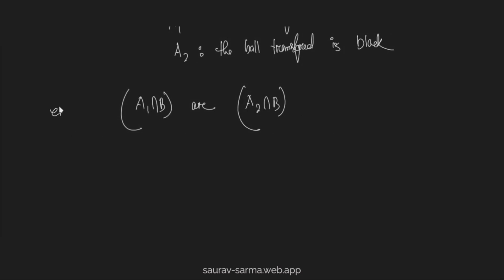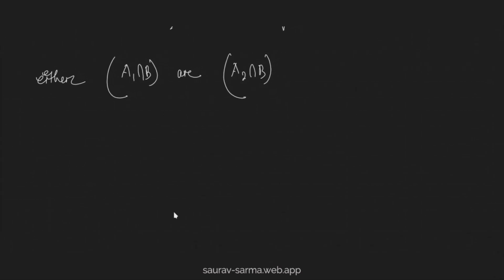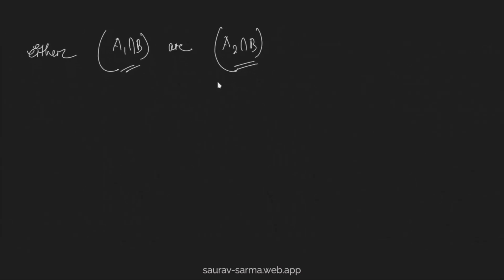Either this or this, right? If either situation is satisfied, we will get a white ball. Therefore the required probability is